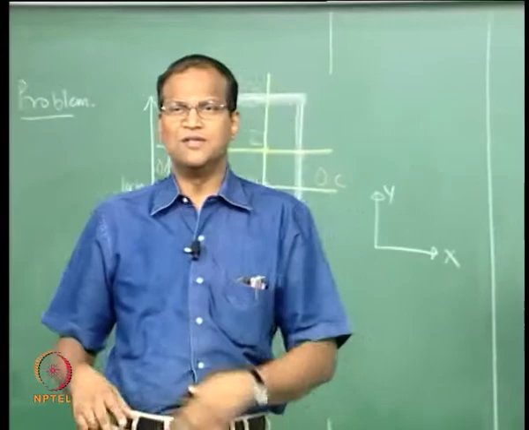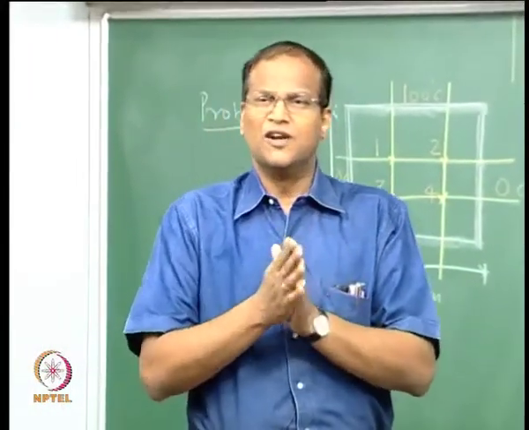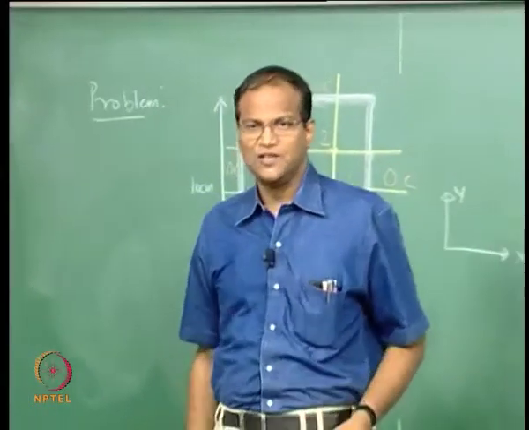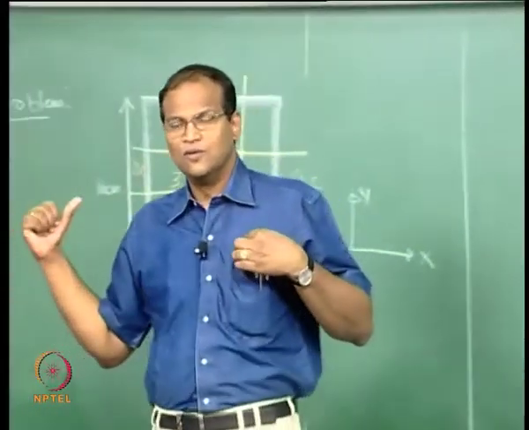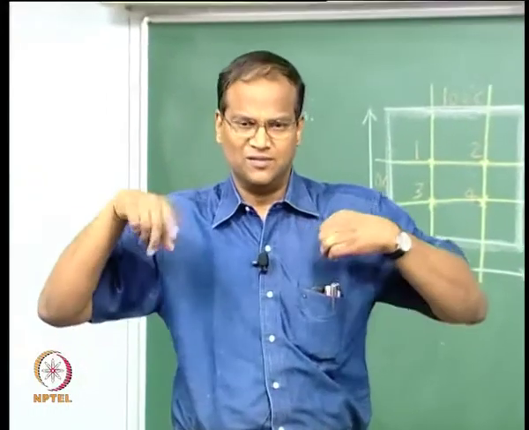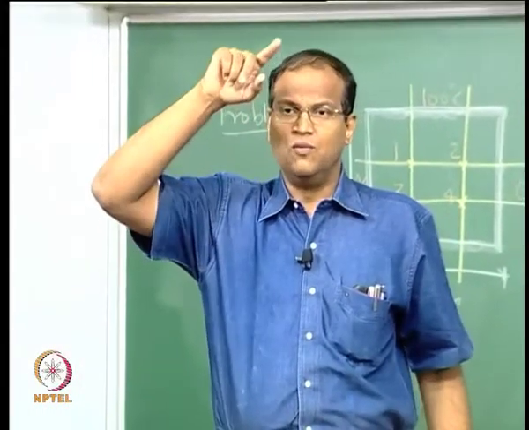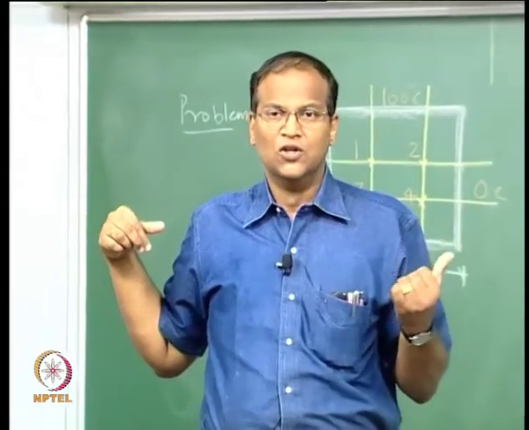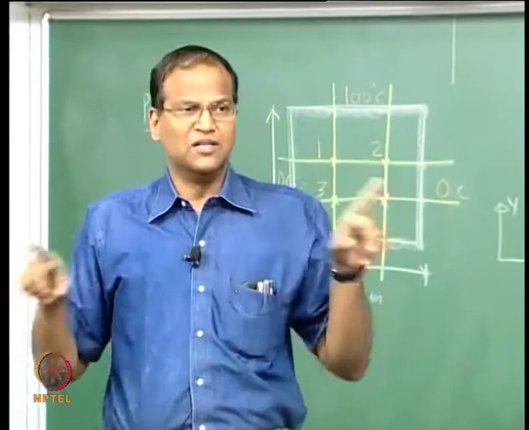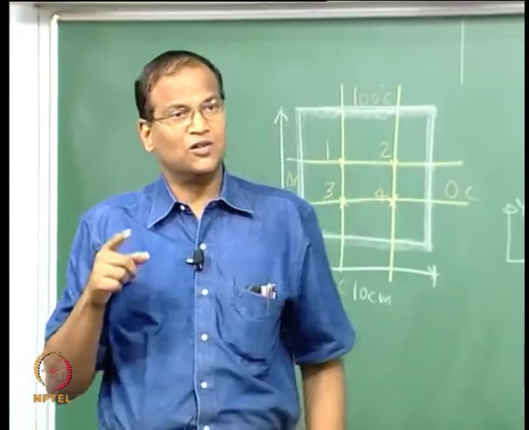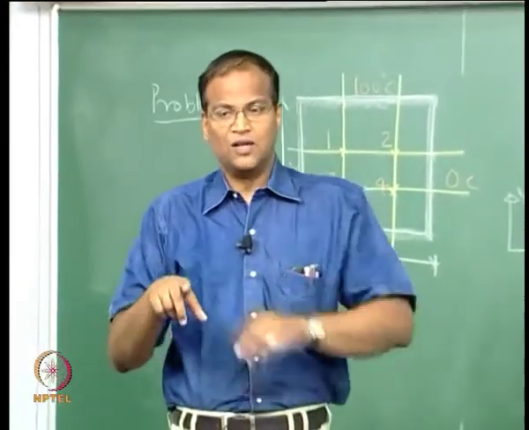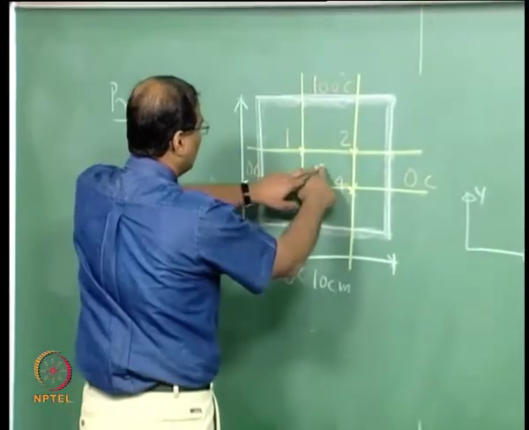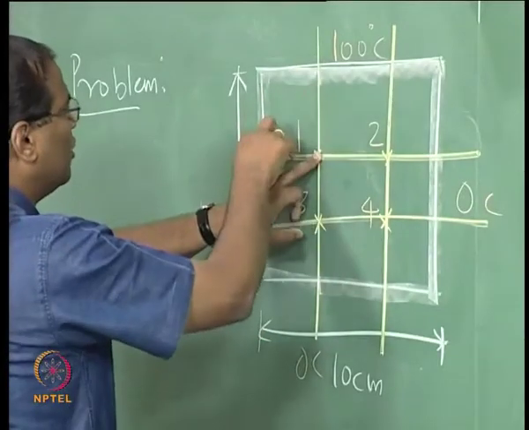With higher order schemes the advantage is that with a smaller number of grid points you can get a solution which otherwise would involve a larger number of grid points for a lower order scheme. For example, we considered only 4 points as neighbors. You can consider one more point in the north, one more in the east, one more in the south, one more in the west. That means you look at 8 neighbors for each point.